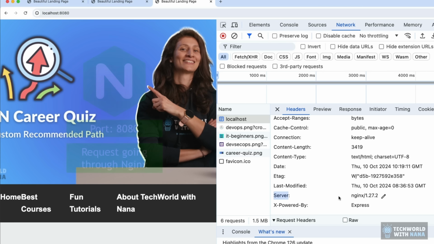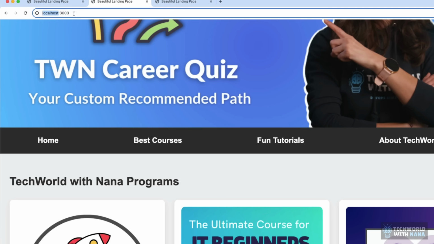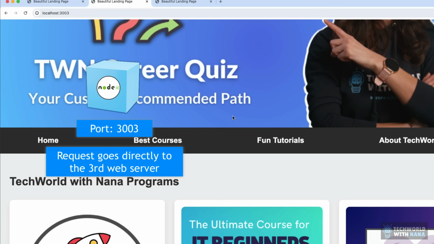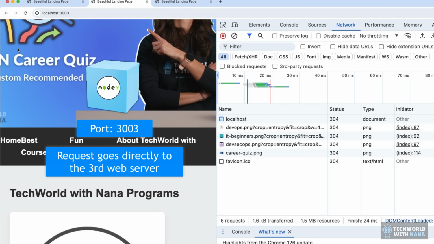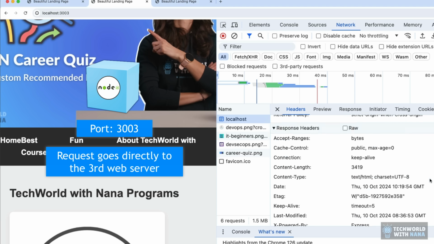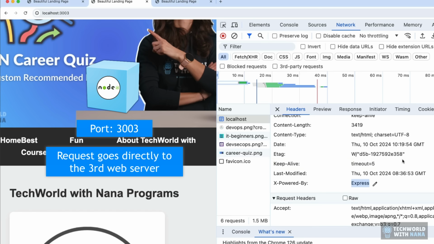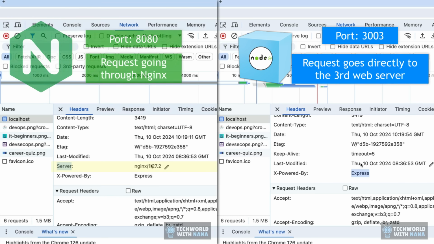So we see that the request is being handled by Nginx. And this one is an address where one of the Docker containers is accessible directly. And here, let's refresh again, empty the cache. And here we just see Express, which is directly serving the requests, but there is no server